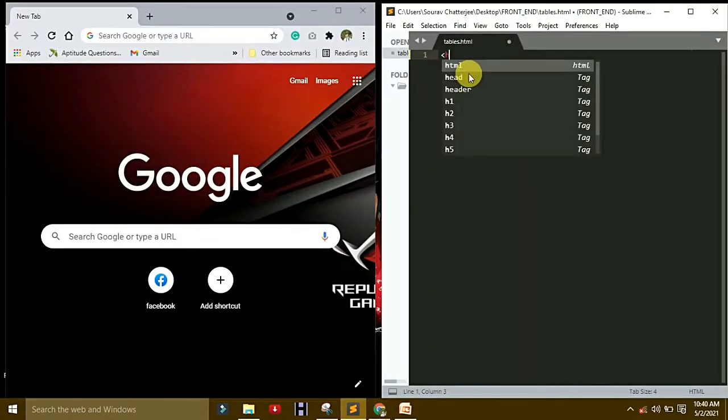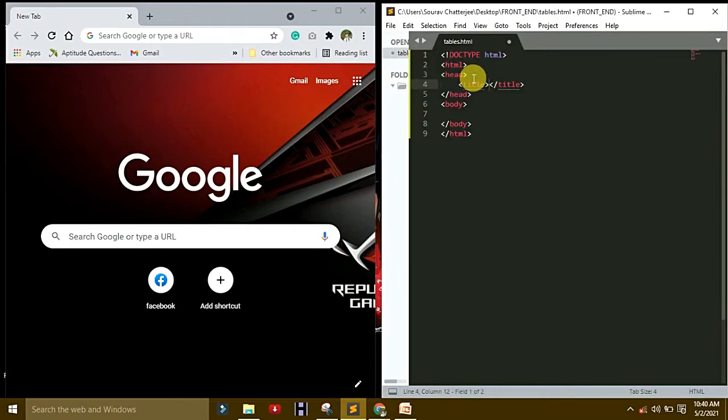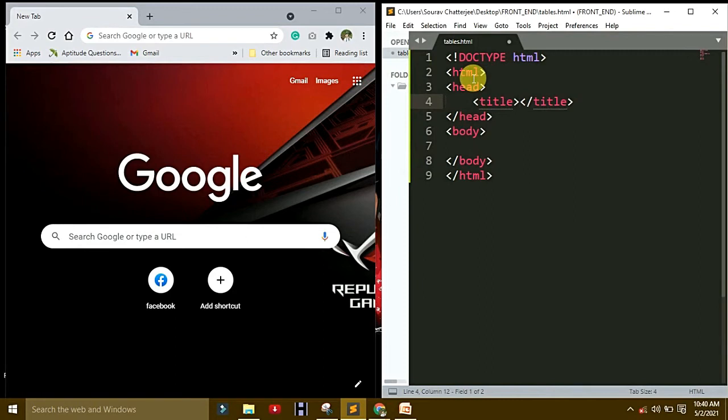Now HTML. The font: in the last lecture one user told me that the font size is very small, that's why. Now the title is basic HTML table.